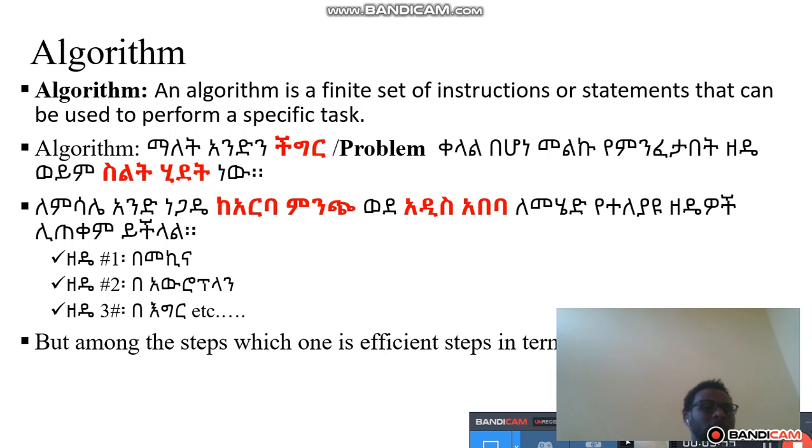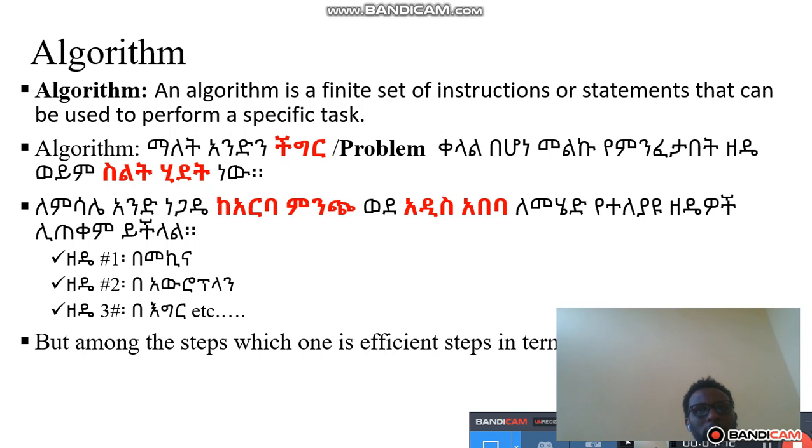ለምሳሌ በመኪና ሊሄድ ይችላል፣ በአውሮፕላን ሊሄድ ይችላል፣ ኢቭን በእግር ሊሆን ይችላል ኦር በፈረስ ሊሄድ ይችላል። ስለዚህ የተለያዩ አይነት ሜካኒዝሞች ሊኖሩ ይችላሉ። ግን among those algorithms which one is efficient in terms of time and memory? በታይም እና በሜሞሪ ግን የትኛው አልጎሪዝም ነው efficient የሚለውን መለየት ይኖርብናል ማለት ነው።